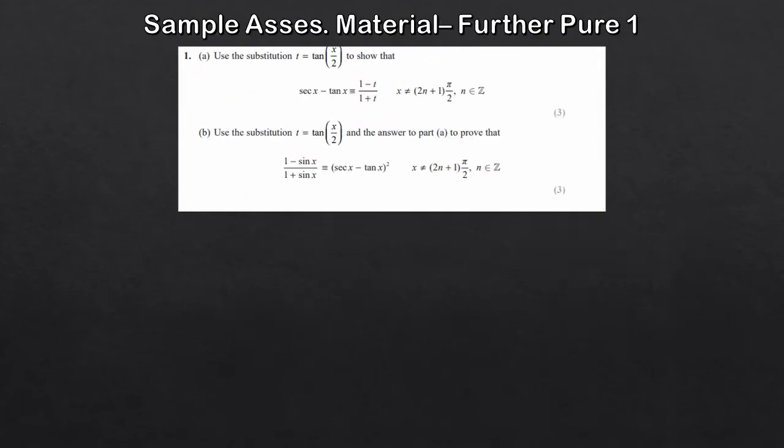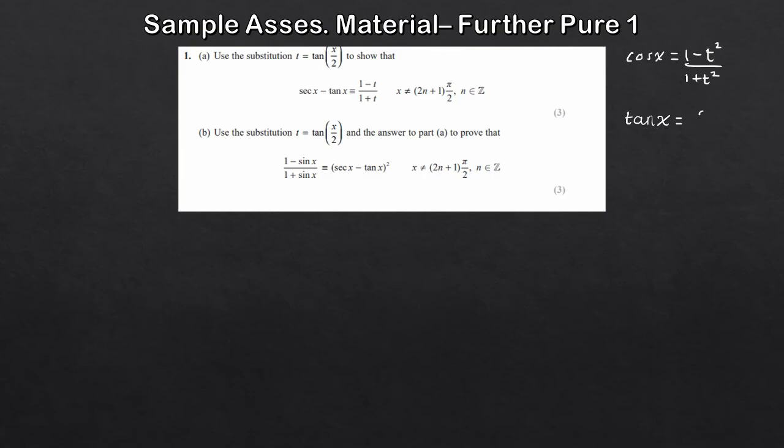And then for the very final question here, another question where we're looking to use the identities and our formulas to get a required result. The first question is sec x minus tan x. We want to show that it's identical to 1 minus t divided by 1 plus t. The first thing I'd do is write down the formulas we're going to be using. So sec x, that's 1 over cos x, and we have tan x. So if we write down cos x and tan x, cos x, remember, is 1 minus t squared divided by 1 plus t squared, and tan x here,